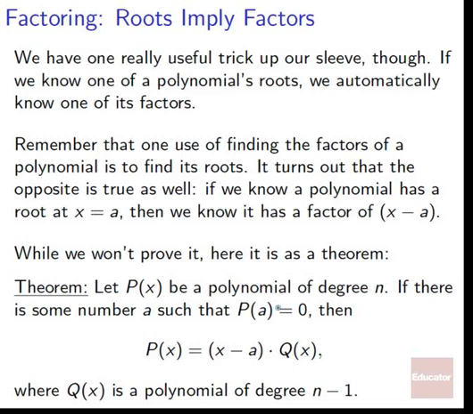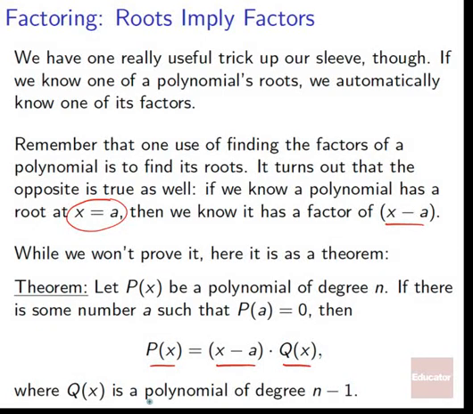Let p of x be a polynomial of degree n. If p of x is a polynomial of degree n, then if there's some number a such that p of a equals 0, that is to say a is a root of our polynomial p, if we plug a in, we get 0, then there's some way to break it up so p of x is equal to x minus a, our factor x minus a that we know from our root at x equals a, times q of